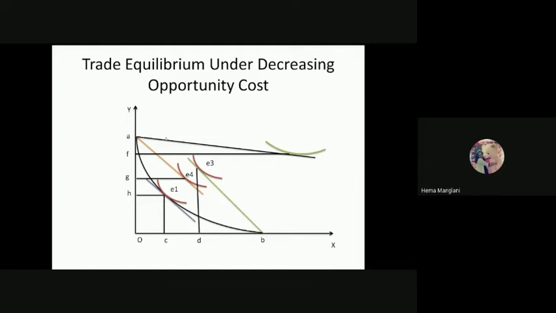Whenever it gets fluctuated, you are actually offering those commodities as a company specialization which are favorable to you. So the gains from trade, we can see now this country would keep this much of Y for their own consumption. Okay, so their consumption of Y is also increasing, and similarly F, and you put it here, this E2, let's say. So FE2 you will be getting as a consumption of X, which is far greater than all such situations.